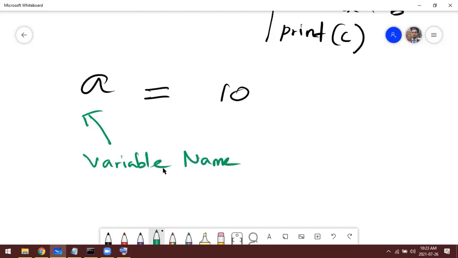Is it a valid variable name? Yes. It doesn't break any other rule, right? The moment I put a 1 in front, now it's not a valid variable name because we can't start with a number, right? Now the program will throw an error, right?